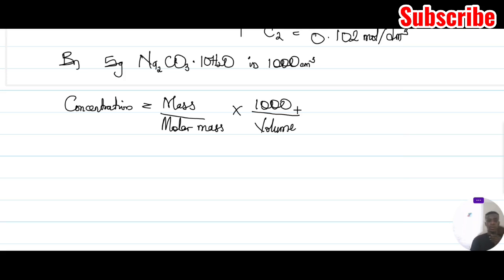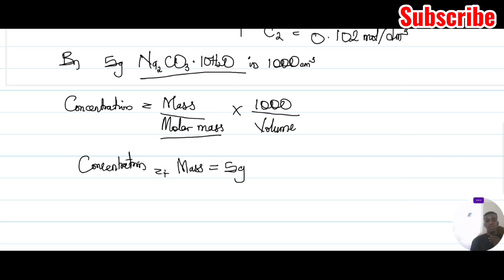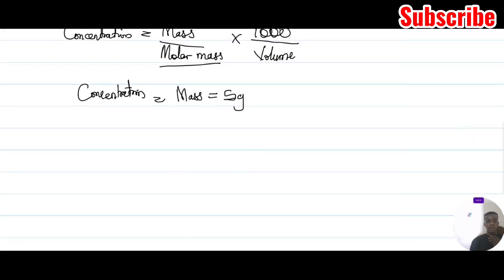Alright, so now let's calculate this. Concentration is what we are looking for. What's the mass? Our mass is 5 grams. Then our molar mass: what's the molar mass of sodium carbonate decahydrate? And I believe you can do that very well. That is